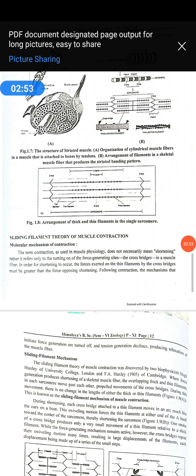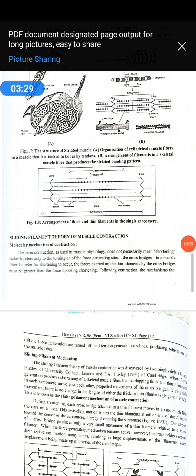But when the muscle is relaxed, the active sites remain covered with the tropomyosin and troponin complex. Due to this, myosin cannot interact with the active site of the actin filament, and therefore contraction cannot occur. This takes place in relaxation. I already explained this earlier. So there is no contraction.